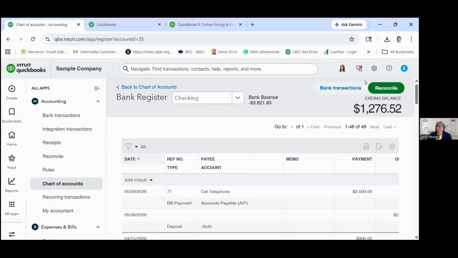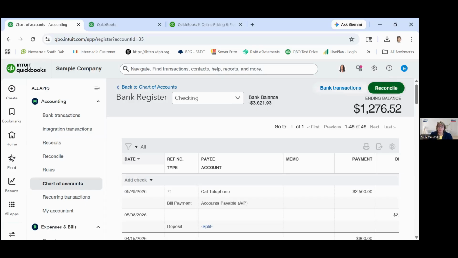Well, two reasons. If you're not using the bank feed, obviously, things can get entered wrong or not entered at all, because you have that automatic payment that comes out of the bank that you forgot about. Even using the bank feed, sometimes you might have written a check that didn't clear the bank, and the only reason you're going to know that is if you're keeping your books up to date. Sometimes numbers get transposed, either as you're entering it or as the bank enters it. So you want to make sure you catch those things.